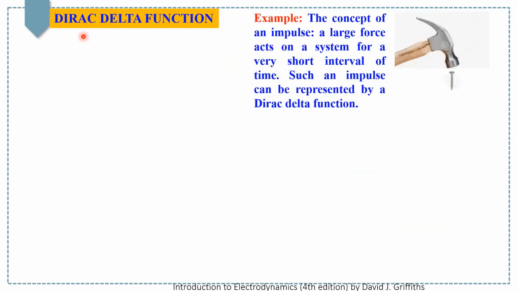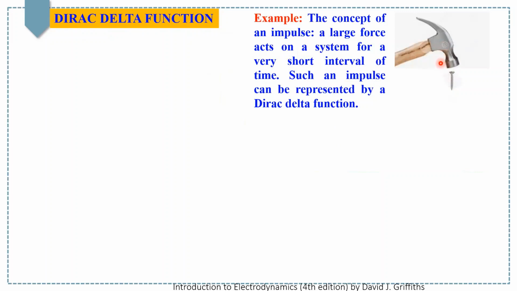In this lecture, we will discuss the Dirac delta function. To understand the concept, suppose there is a screw and we apply a large amount of force on that by a hammer. But the condition is that this large amount of force will be applied for a very short interval of time. So the function that is needed to represent such a large amount of force for a very short interval of time